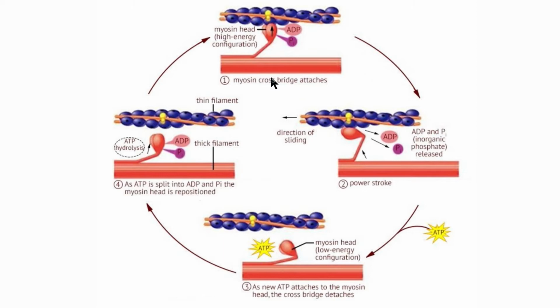And I'll explain it, but I'm going to tell you the 2 things that are absolutely necessary for you to know. So the first step is that the myosin head specifically, so just a part of the myosin, will bind to the actin molecule, the actin rope, actin thin filament, however you want to define it. So this myosin head will bind, and attached to it, there's an ADP molecule, which is